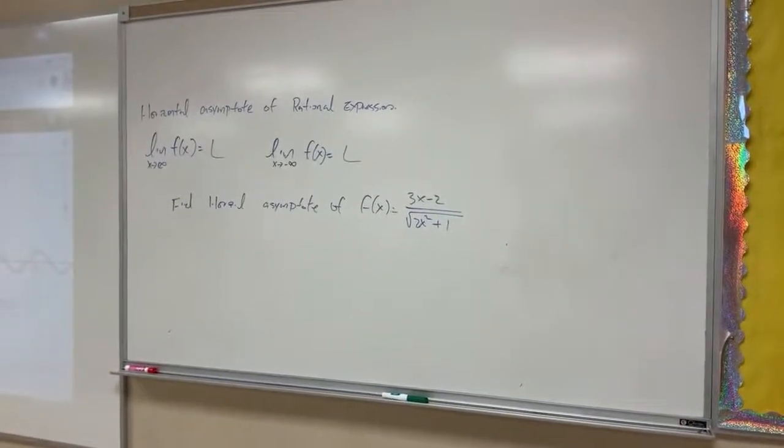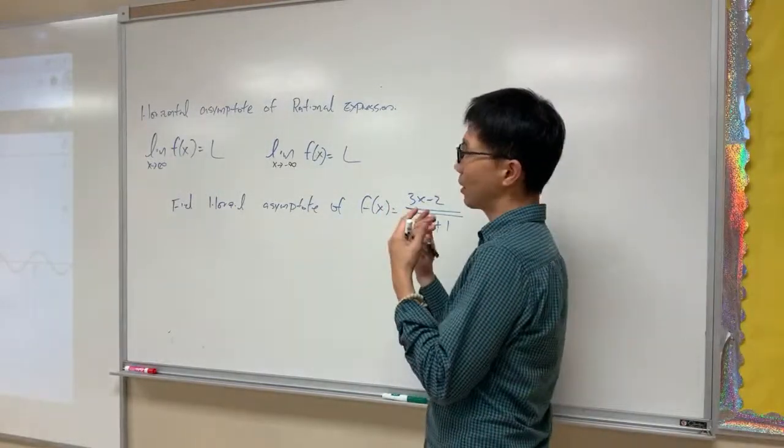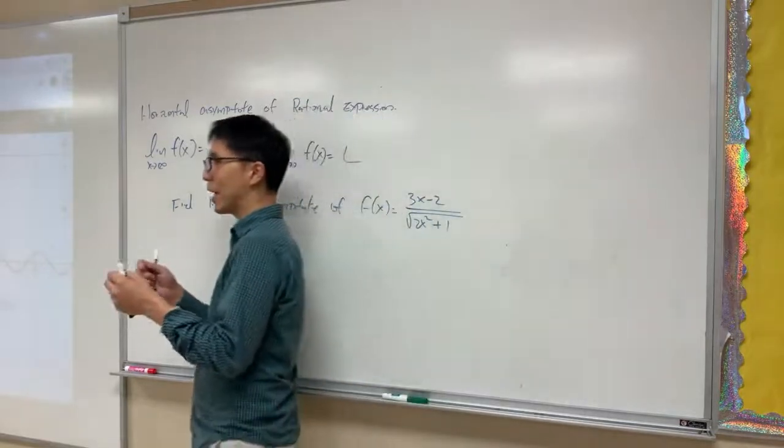So good. All right. Today we'd like to talk about horizontal asymptote. Let's review vertical asymptote first. Vertical asymptote has nothing to do with horizontal asymptote, but there is some characteristic. When we talk about vertical asymptote,